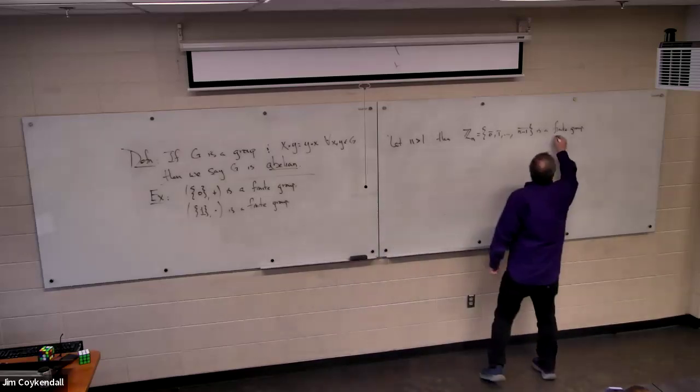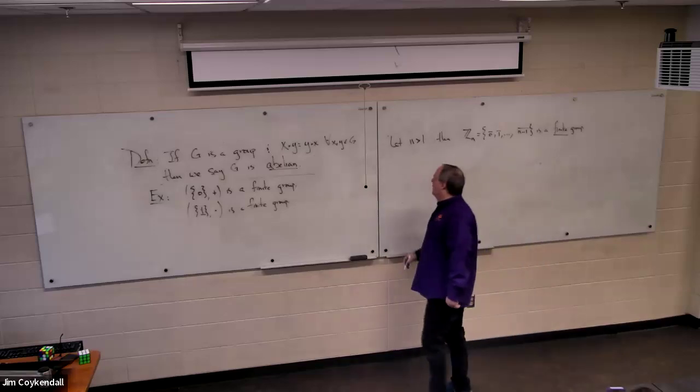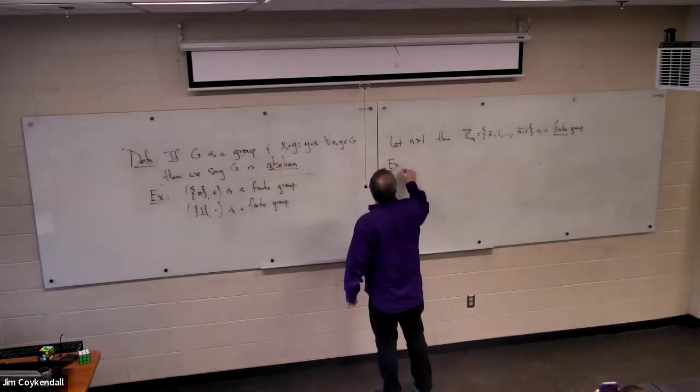This is a finite group because there's only finitely many things in it. So for an example within the example,